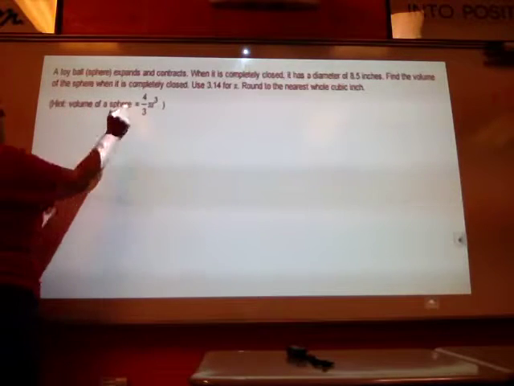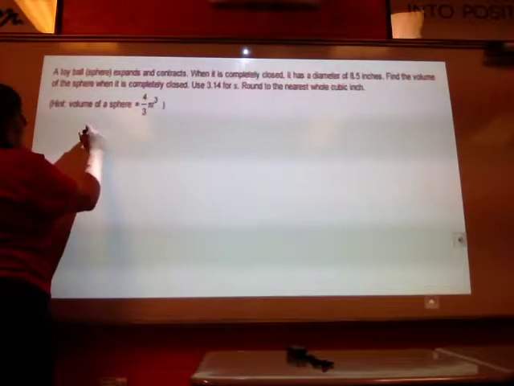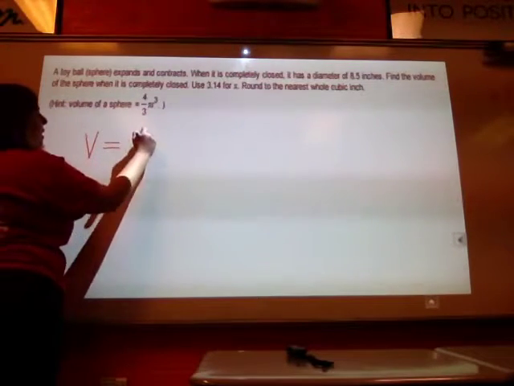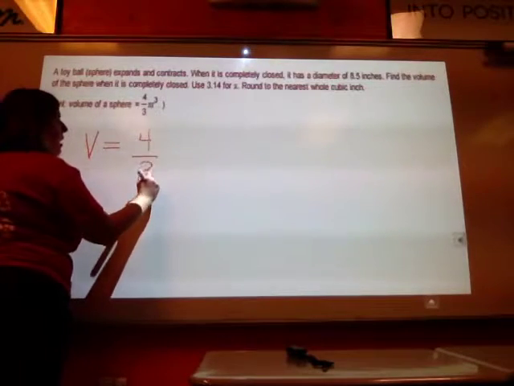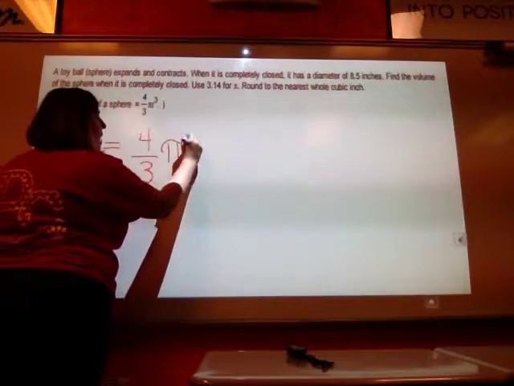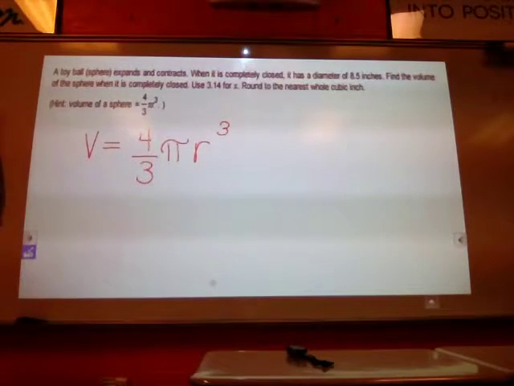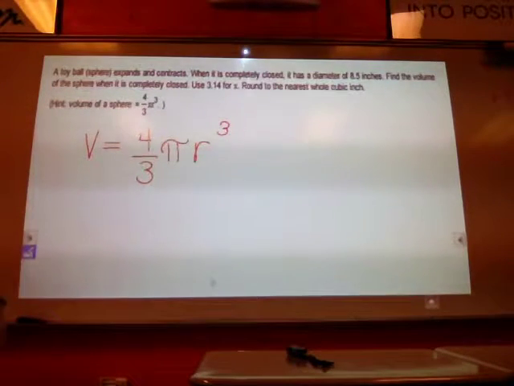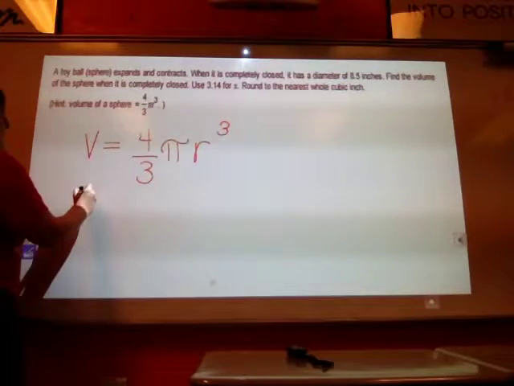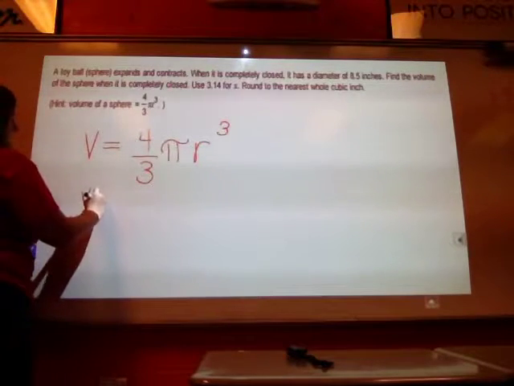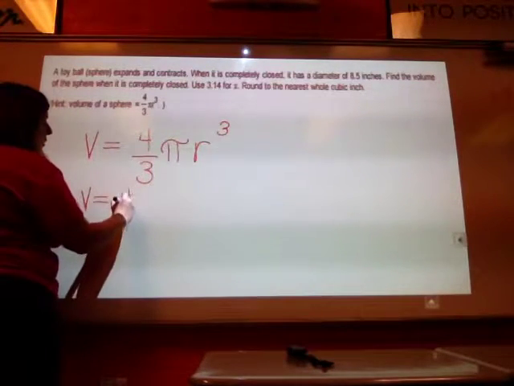And then it says, hint, the volume of the sphere is 4 over 3 times pi times the radius cubed. Now, it didn't even make us remember the formula. It gave it to us. So, based on what it's told me, I know that the volume is going to be equal to 4 over 3